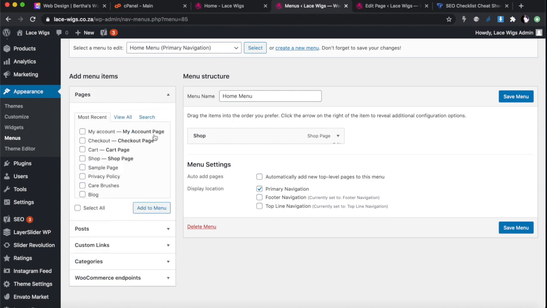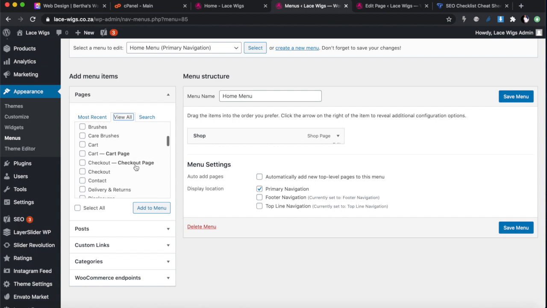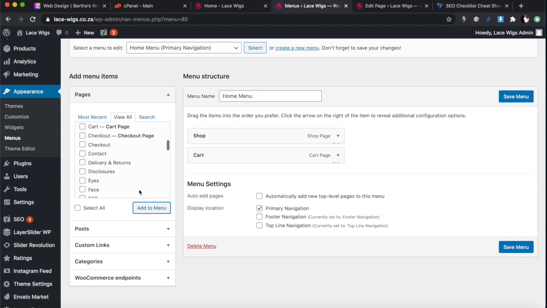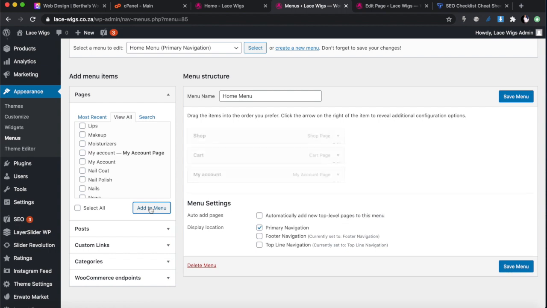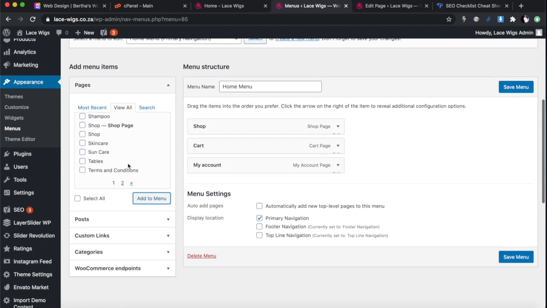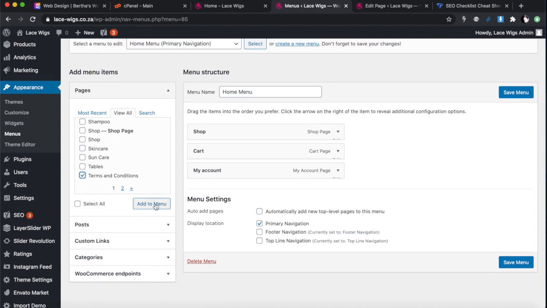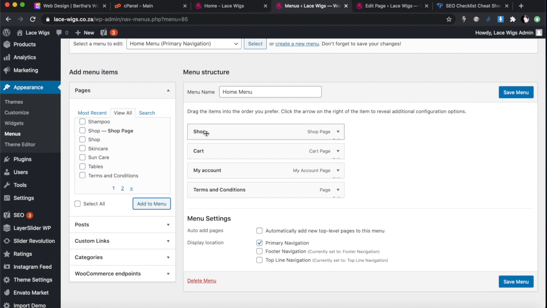Let me see. Pages, view all, front page. Okay, the cart page, all right. I want them to see the my account page, and I want them to see the terms and conditions page. Okay, I'm not going to complicate this. So I want them to see the shop, the cart, their account, and terms and conditions. We're going to build blogs into this and a whole lot of other things later, and then we can show them on the menu. But for now, I just want to show the things that I actually have. And these are the most important ones.